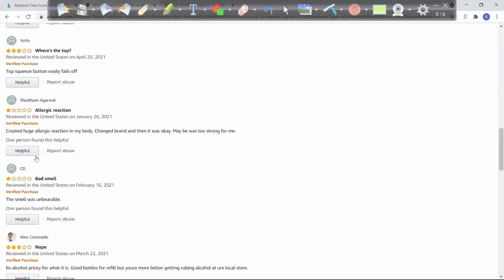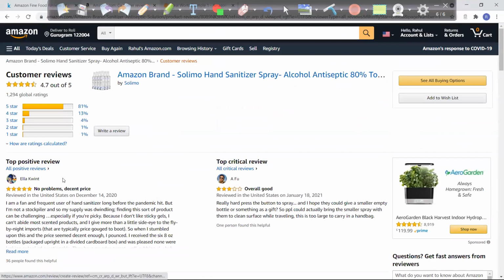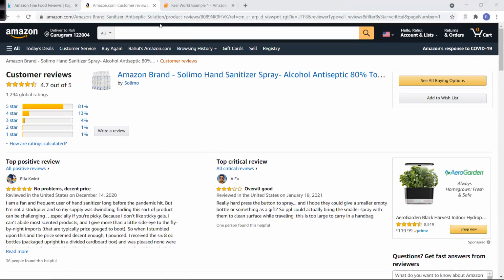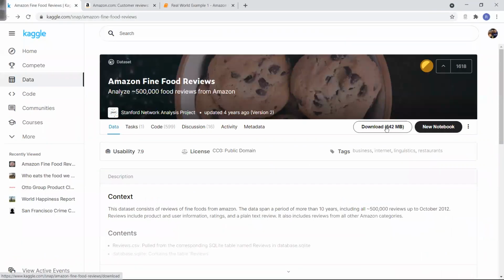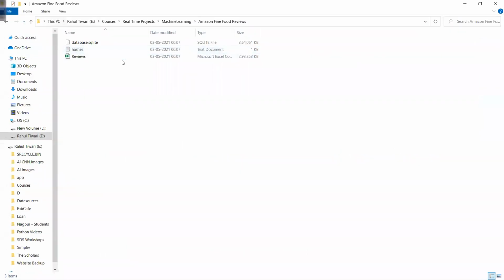I can click on this helpful, then it will have the details. So basically this is the entire data which I have on the reviews, right? This is the entire data we are going to talk about. So once you go to Kaggle, you will get this option, download the file. You can very well download that, and what you will get is basically this type of data.